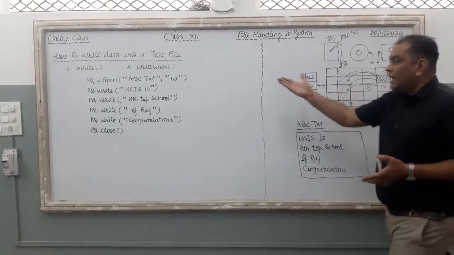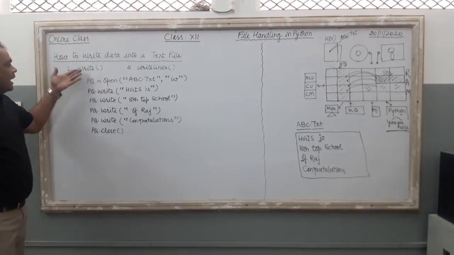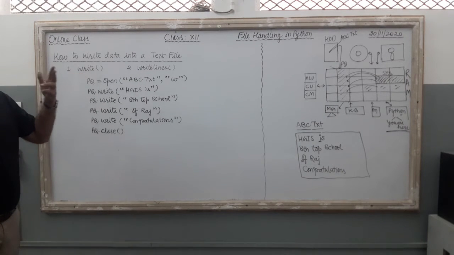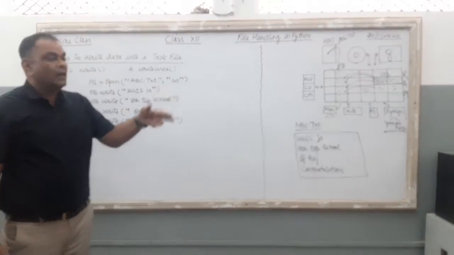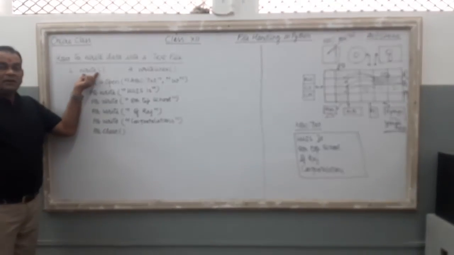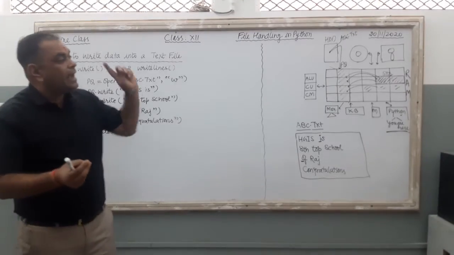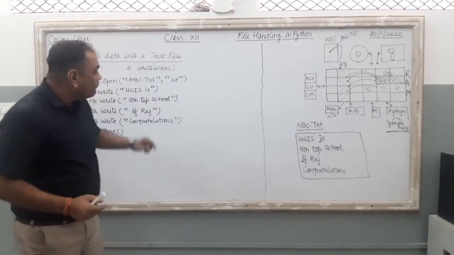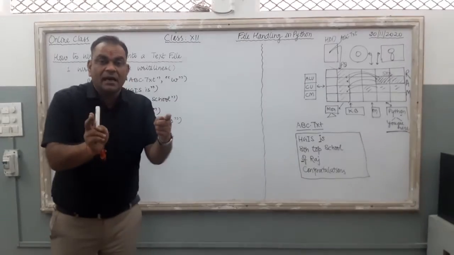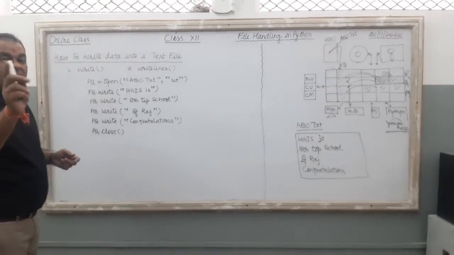So here, I just see one program is also there in front of your eyes. Here I have written two different functions. The first is a write function. Only two functions are related to writing your data into the file. The first one is write and the second one is writelines. The write function takes the data in string format and writes it inside the file, whereas the writelines function takes list data as input and then writes the list data into the text file. Clear? This is the actual difference.